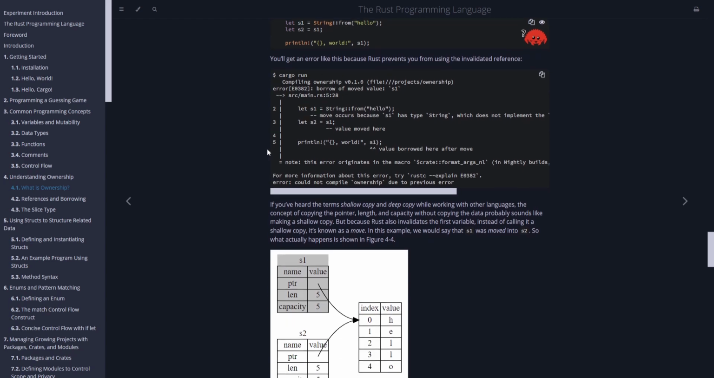If you've heard the terms shallow copy and deep copy while working with other languages, the concept of copying the pointer, length, and capacity without copying the data probably sounds like making a shallow copy. But because Rust also invalidates the first variable, instead of calling it a shallow copy,